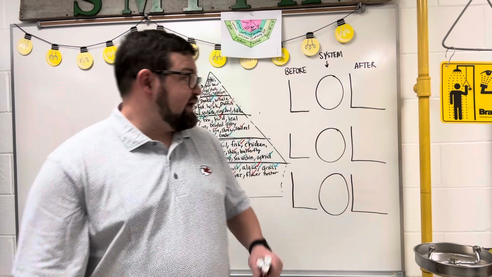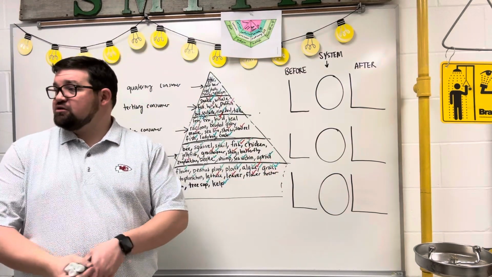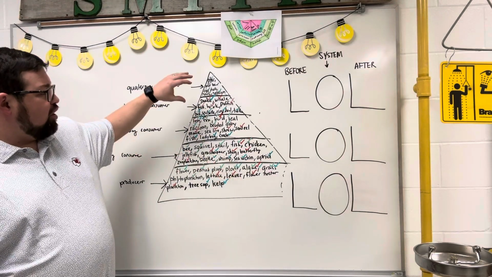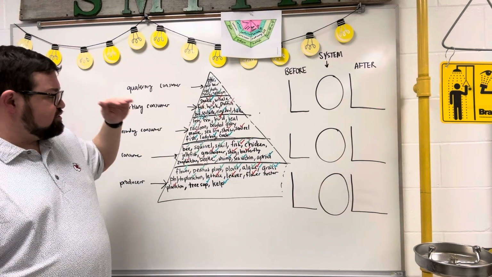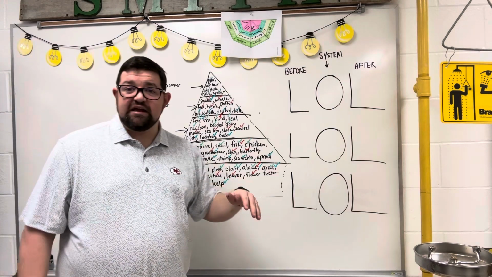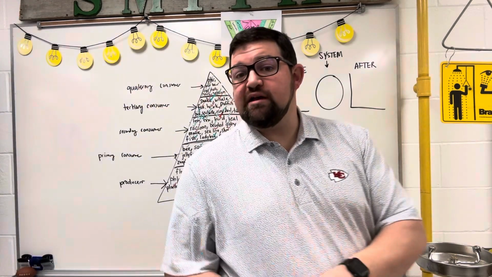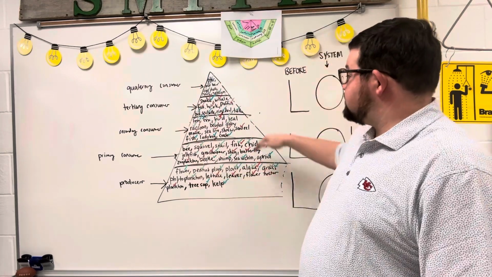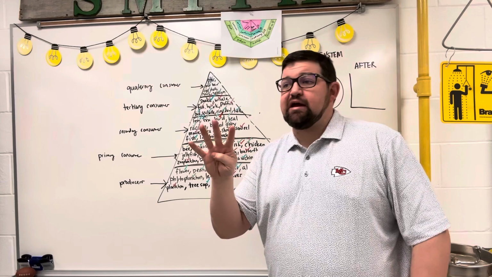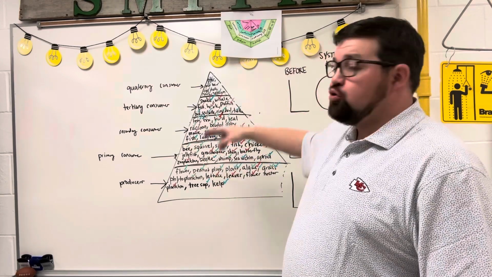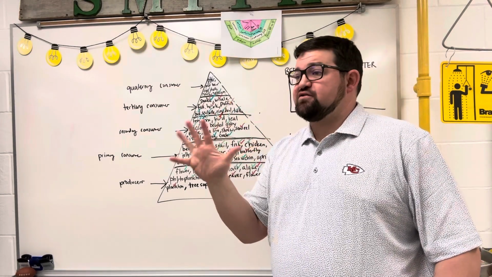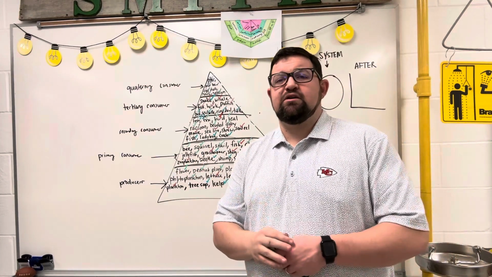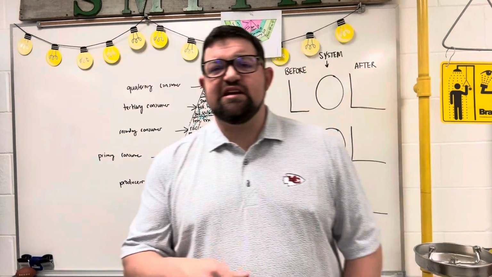All right, so we're doing an LOL diagram. You finished your pyramid, and you've got all of your food chains in here, right? So the green check marks represent the organisms from those 3-chain food chains. The red check marks represent the organisms from the 4-chain food chain, and the blue represents organisms from the 5-chain food chain, right? So with an LOL diagram, we call it an LOL diagram because that's what it looks like,